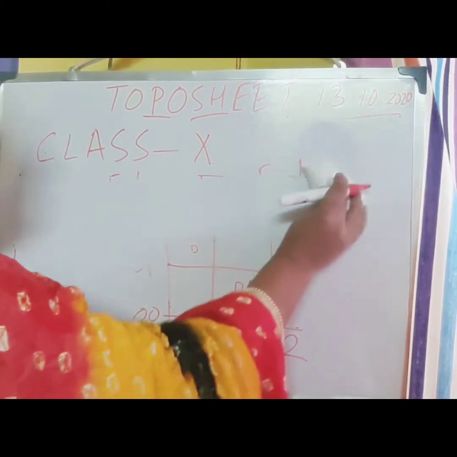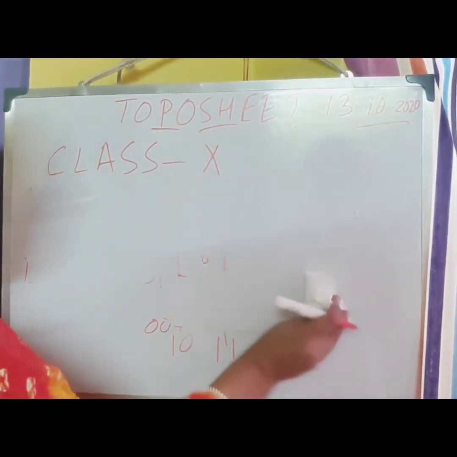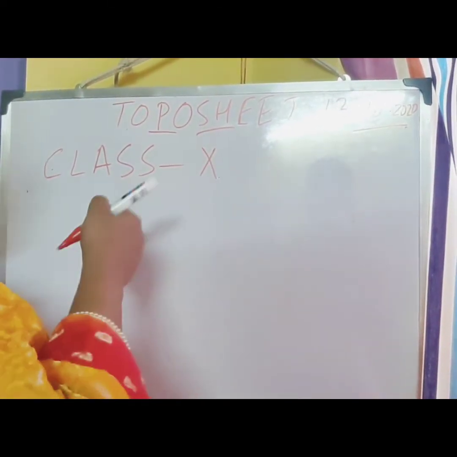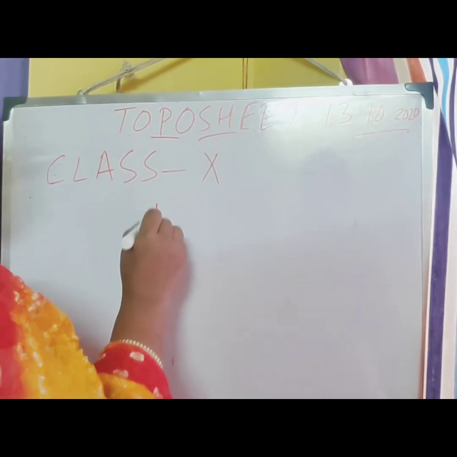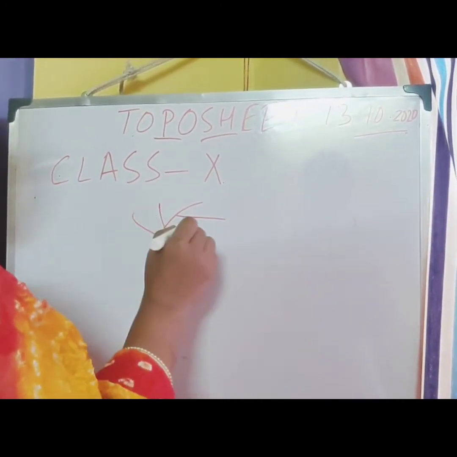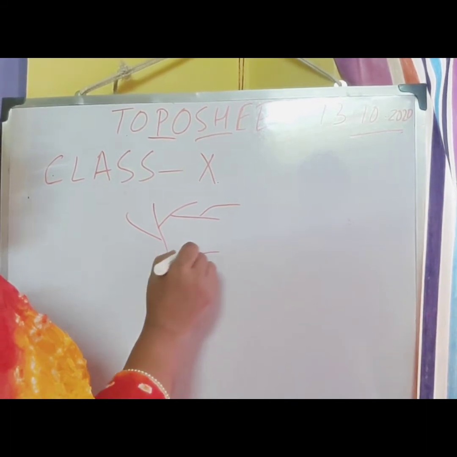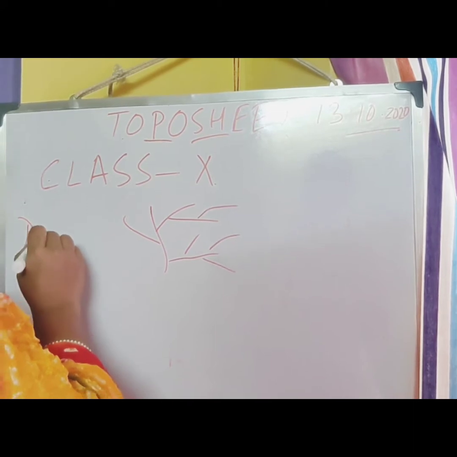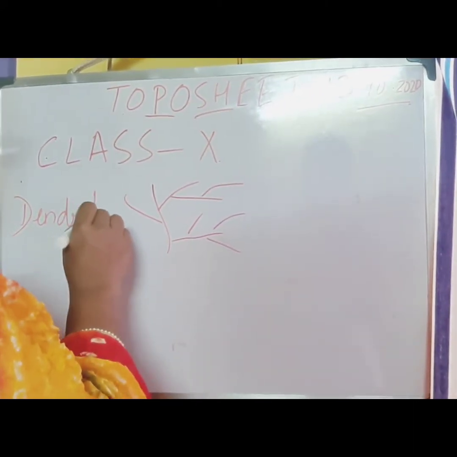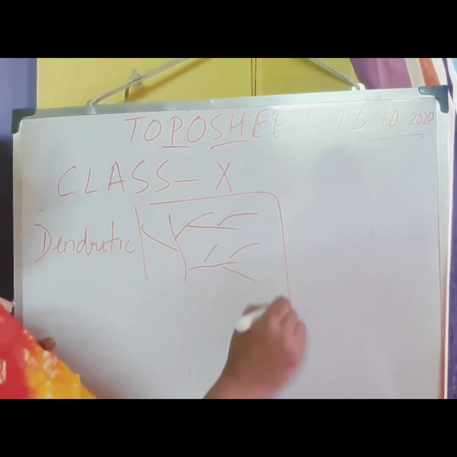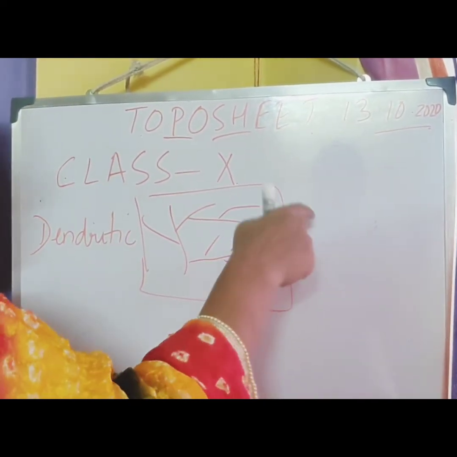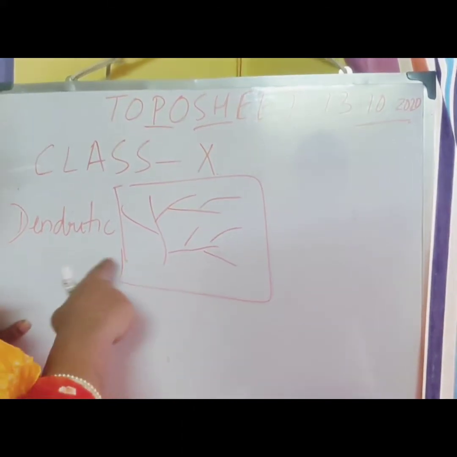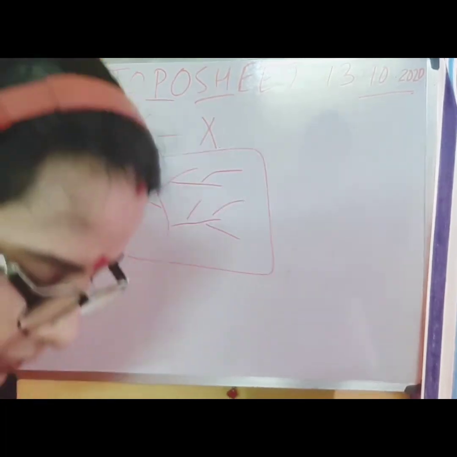Okay. Next type of question you can also get is the drainage pattern. Suppose in the topo sheet you can see that the rivers or the tributaries are cutting like this, like branches of a tree. So it is the dendritic pattern of drainage. And one thing, students, you will observe only that grid. You will not see here and there. Only that grid you see. In that grid, whatever type of drainage pattern you find, you will get it, dendritic drainage.